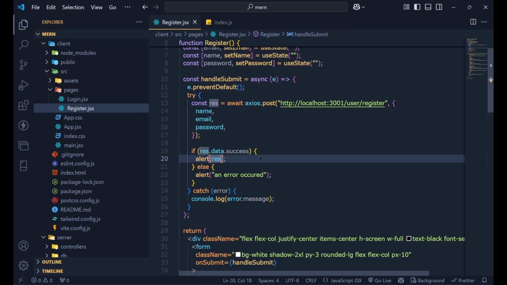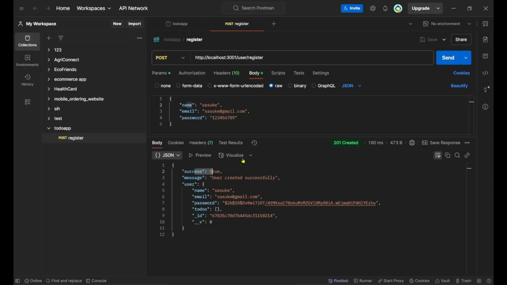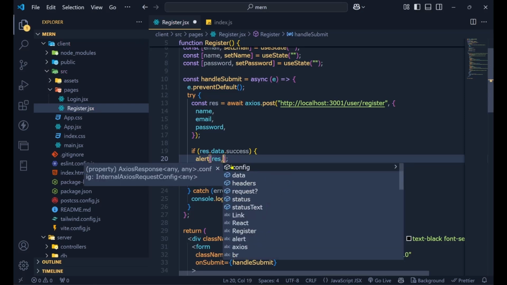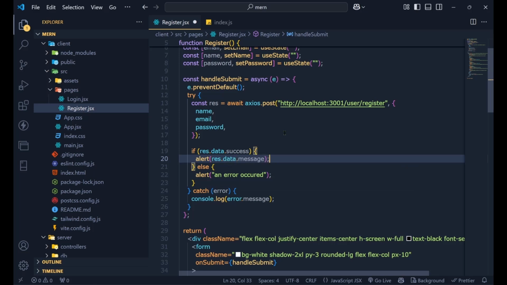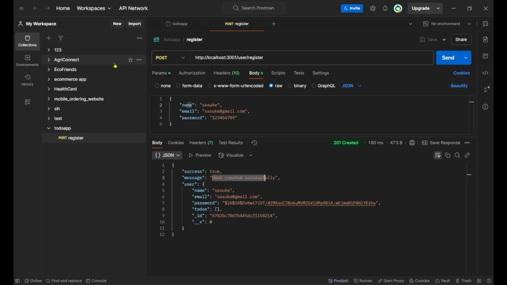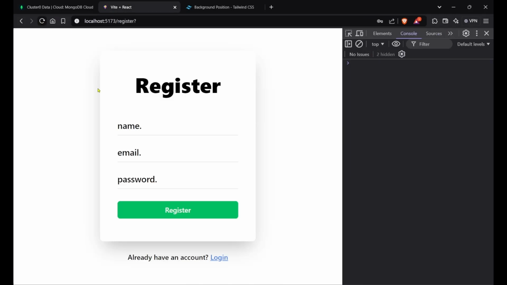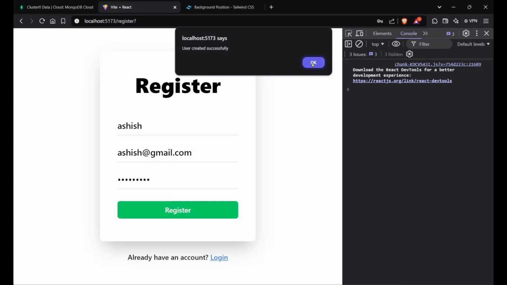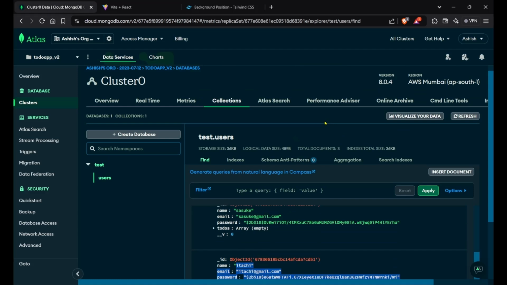I alert the response, all right, my bad. So the data is written in this format. So I'll just say user created successfully, response.data.message. If I hit save, let's try creating another user. If I hit refresh, this time let's say my name Ashish, and ashish@gmail.com, and then 123456789. If I hit enter, user created successfully, and if I come here,